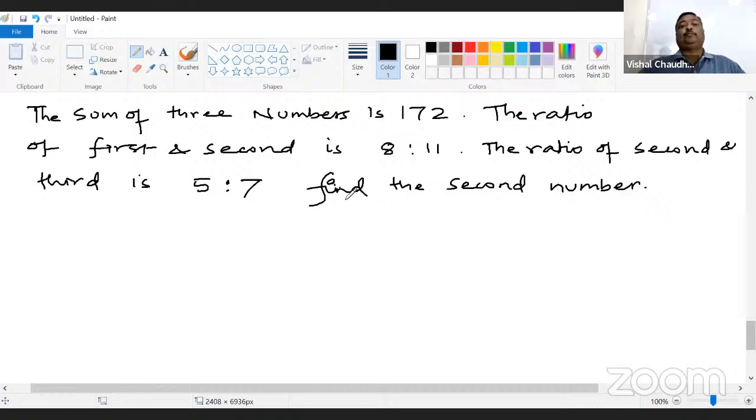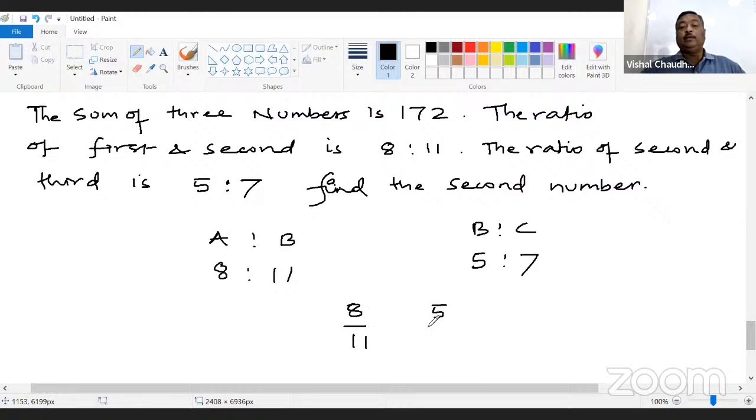Now see, suppose the numbers are A, B, and C. So you are given A is to B, 8:11, and B is to C, 5:7. What I gave you as a shortcut,